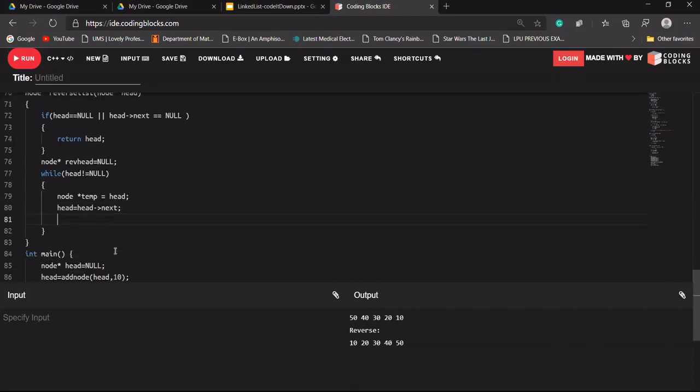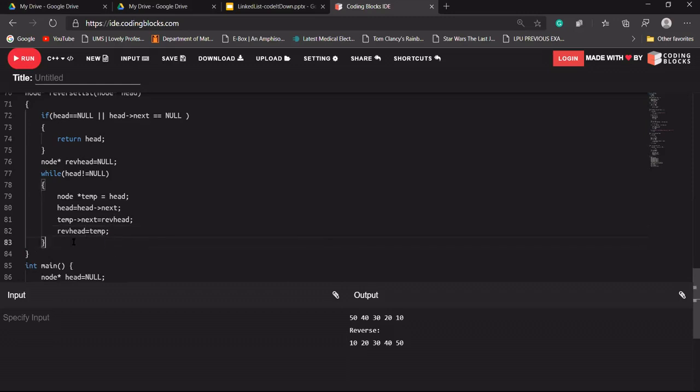Node star temp will store the address of head, and head will point to head's next now. Okay, and after that, we need to add this node into our reverse head list. Let's make temp's next store reverse head, and our reverse head will now be temp.